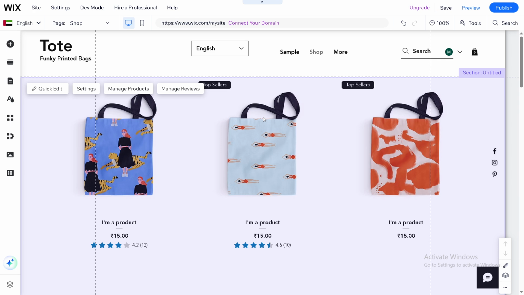Once you're into the Wix editor, pay attention to the left side of your screen. You will see an icon that looks like a stack of pages. It's labeled Pages and Menu. Go ahead and click this. This will open up a panel that shows all your current website pages and allows for the addition of new